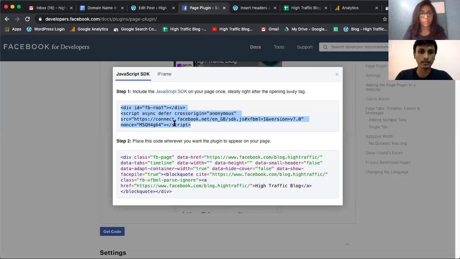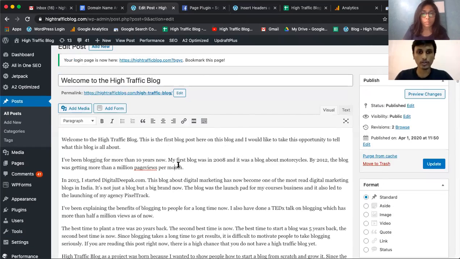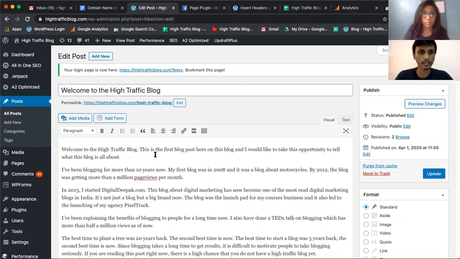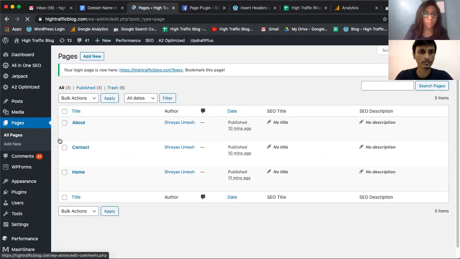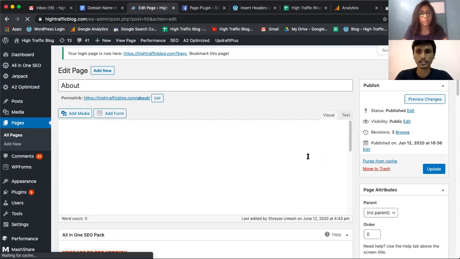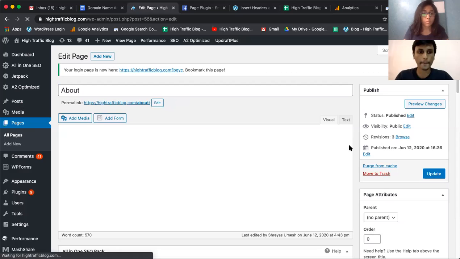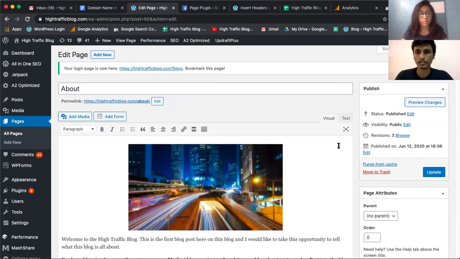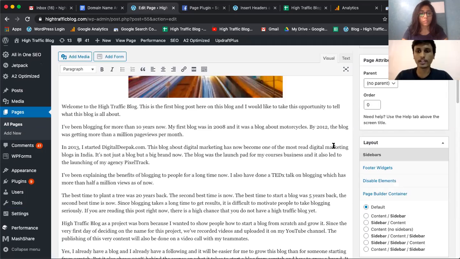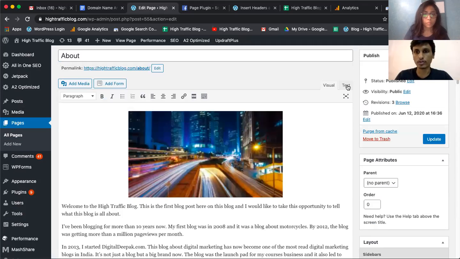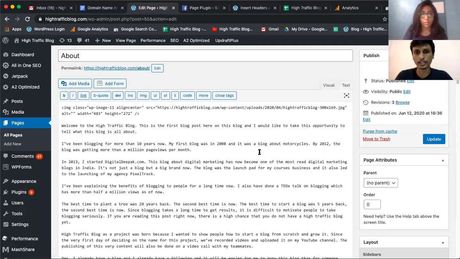And then we will copy the second code, and I would ideally want it to go inside the about us page. So I'll go back to the pages, click on edit about us page. So usually when you're dropping codes, you have to go to this text tab on the editor.